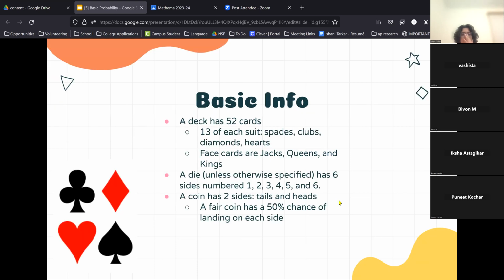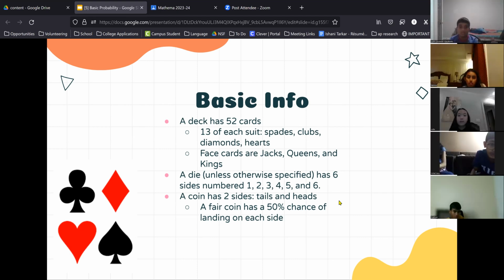Okay, next problem. So next thing you need to know. Some basic information that you should be aware of is that a deck has 52 cards. So this matters because it means that each card you draw, right? If a problem tells you there's a deck of cards, then you have to remember that there are 52 cards